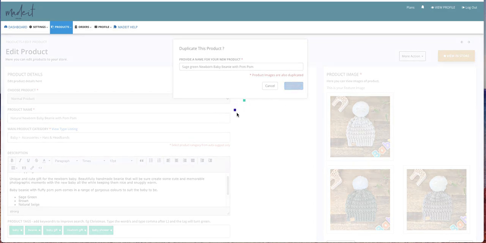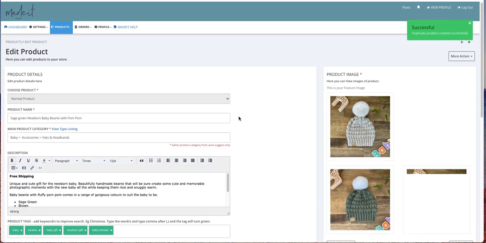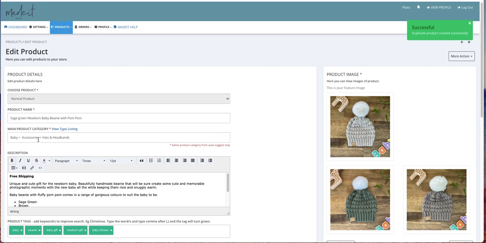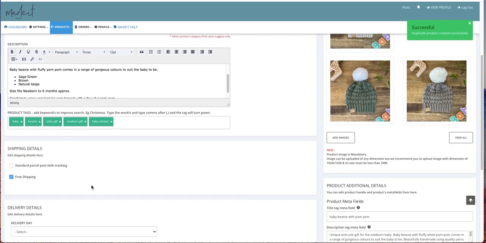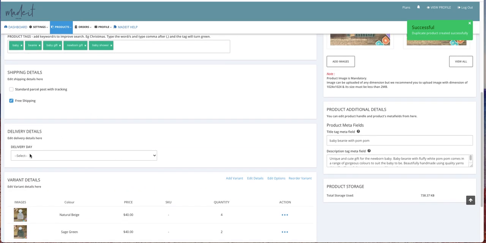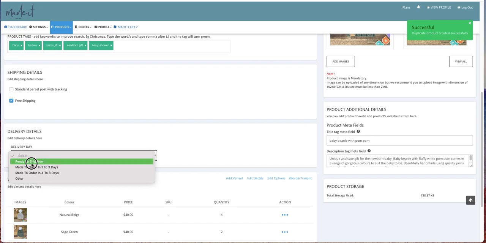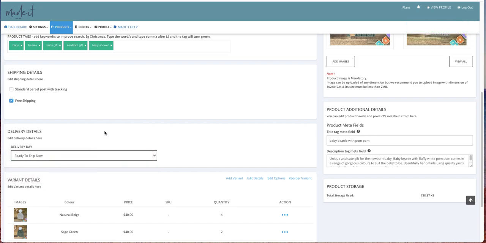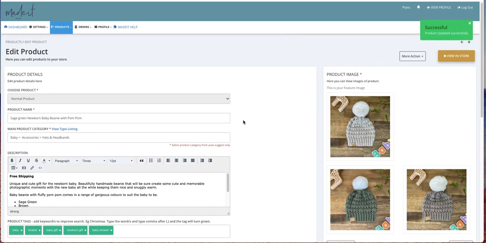So then it does its little thing where it's going to copy that whole product listing over, so you can actually make some changes to this additional listing. So firstly, what we can do, obviously it's changed your product name. So as I said, it's kept your category, it's kept all of your description and your tags, it's got the free shipping duplicated. This is where you can still select your delivery day. So we're going to select ready to ship now. We're just going to hit enter so that it actually saves that information for us,